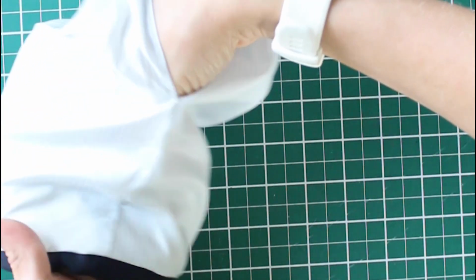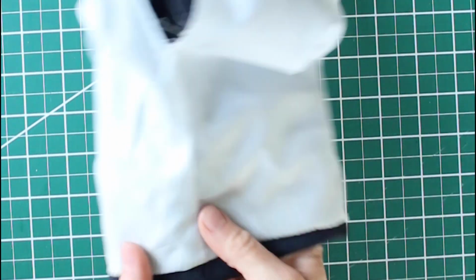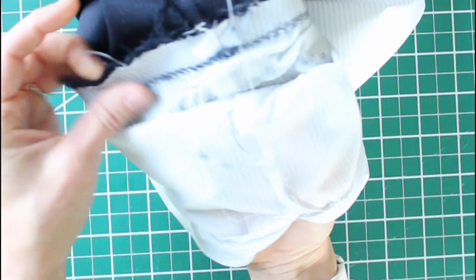So our jacket is nice and pressed, and now we need to get back into that sleeve again because we want to redo all of the tacks and anchor points that are going to hold this sleeve fold in place, because we don't want this nice hem to fall from everyday wear. So I'm going to grab this fold in between my thumb and my fingers and push that sleeve seam allowance up out through our opening that we left, and I'm holding that fold